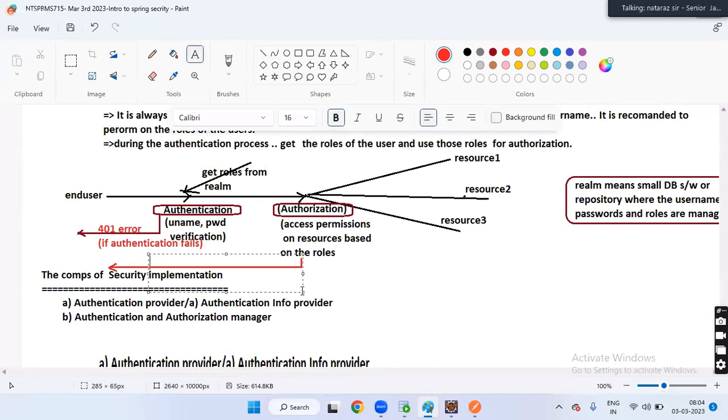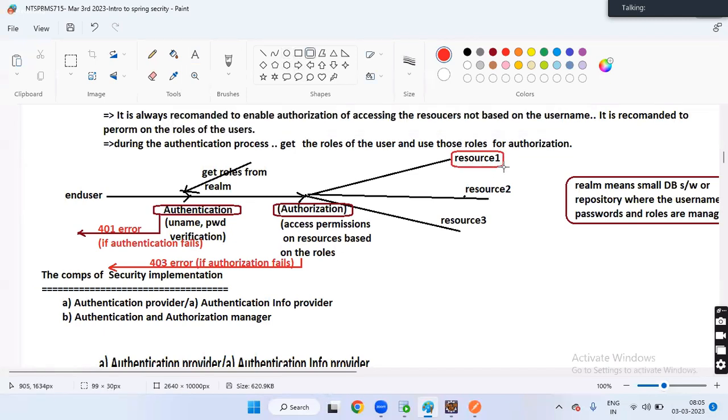And 403 error if authorization fails. 401 error if authentication fails, guys. Here is my resource 2, here is my resource 3.